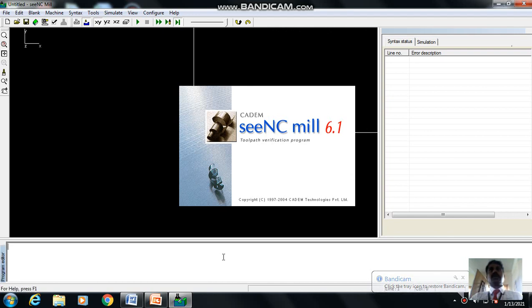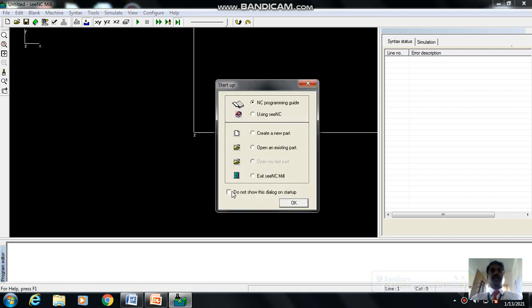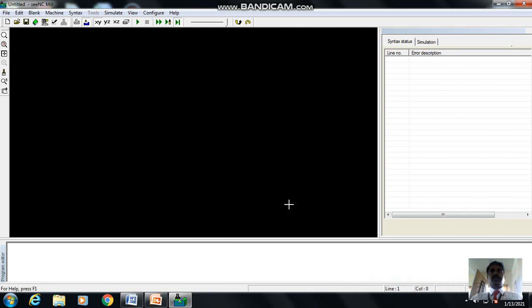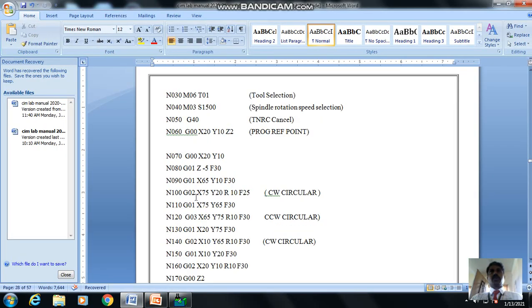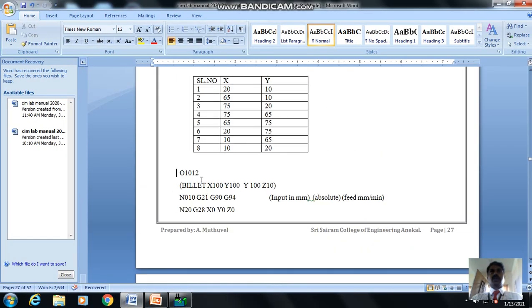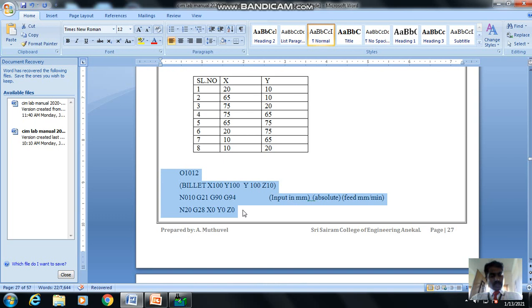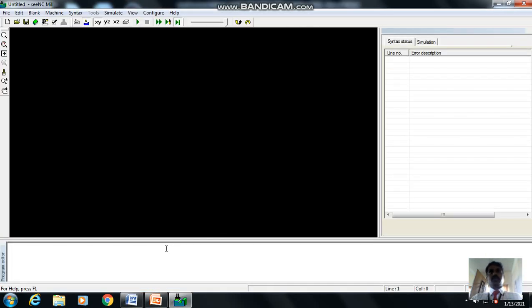So here this is the area where we are going to write. So create a new path, we are going to make it, and this is the edit area, we are going to write the program again. So instead of writing the program, what I am going to do is just copy paste this one, and in case you have written it in Notepad also, it will be fine.